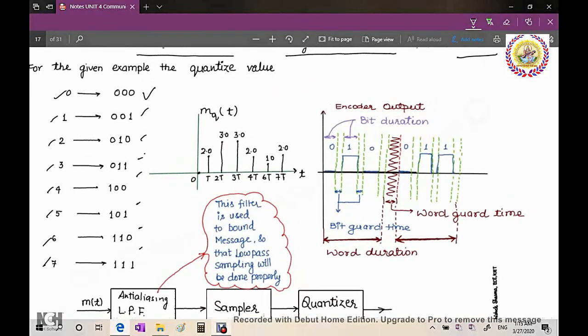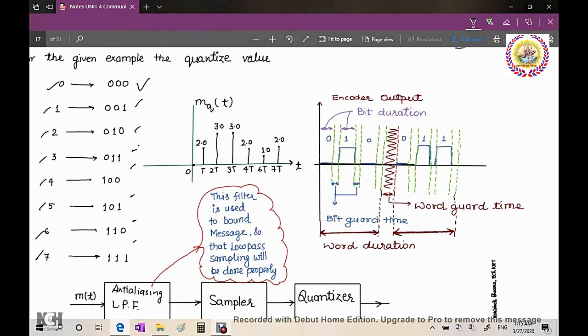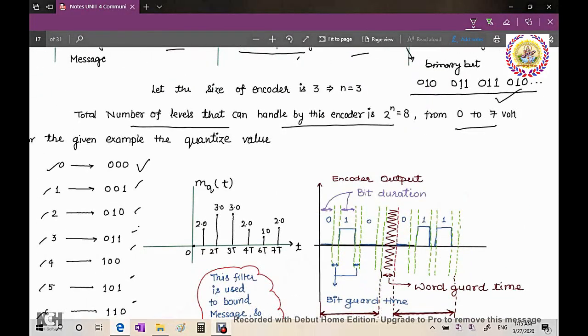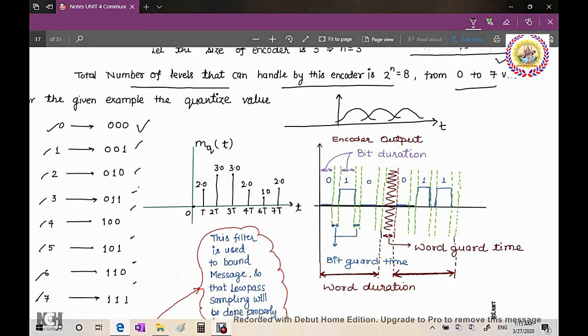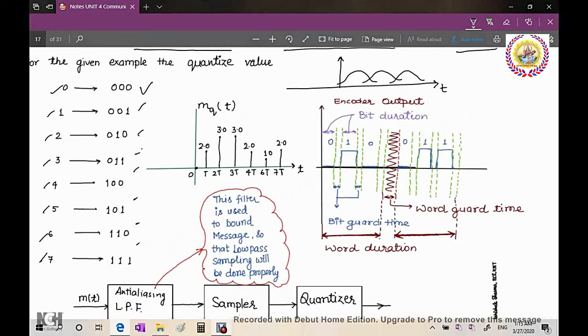Now there is a problem, because of the band limited nature of the channel. Due to the noise and band limited channel response, the pulses get distorted, and because of the band limited nature of the channel, the pulses become interleaved with each other. This is called ISI. It happens in the time domain. I will discuss it further, but right now, to avoid distortions, for example time distortion, we will introduce